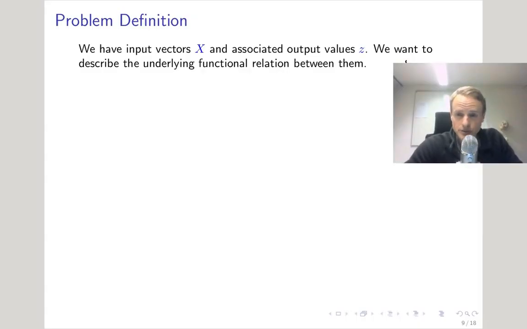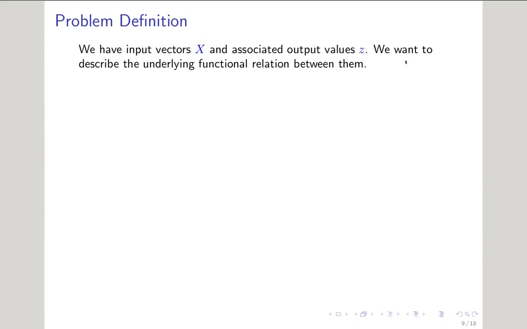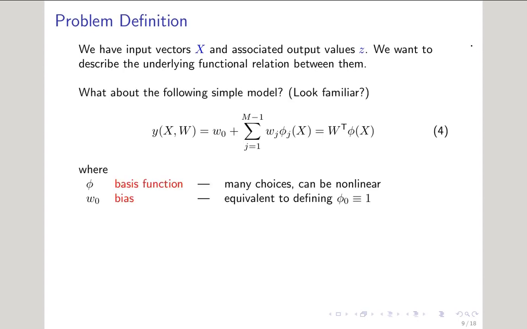Now that we have an intuition for the problems that we're dealing with, let's formally define things. As mentioned before, we have input vectors that are labeled as x, and they are associated with an output value z. You might have noticed in the early slides with polynomials, the function of y had a similar form throughout the polynomial progression. Here is the general form of that function. You'll notice that the phi function, that is the basis function,